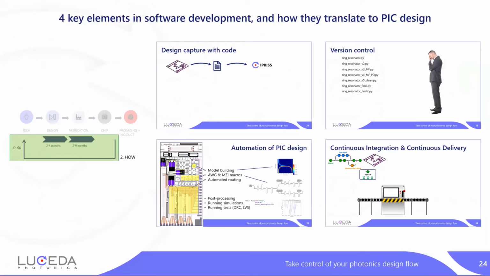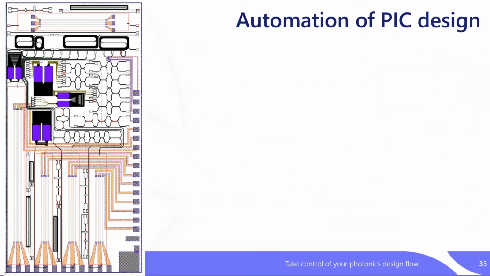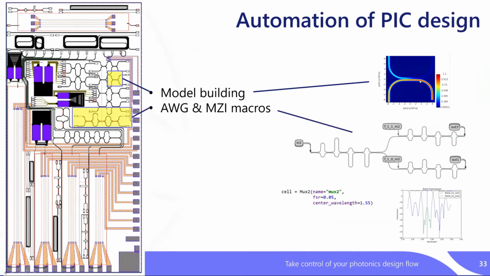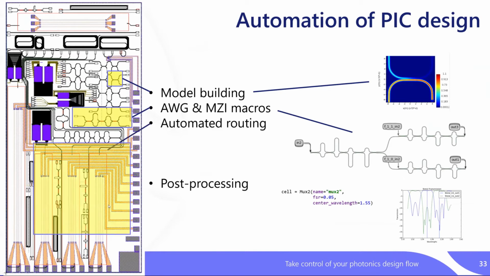The third aspect, already touched upon previously, is automation in PIC design. Taking the same chip I showed in the beginning, there's a lot of automation that happened when we built this design. First of all, there's the building of compact models, which we automated. For example, to make this directional coupler, there are different macros that were written. There's a Mux/Demux macro which we built, so you can actually make a multiplexer very easily based on high-level specs or the ADBGs. There's automated routing, which we implemented, and there's a lot of other things you can do